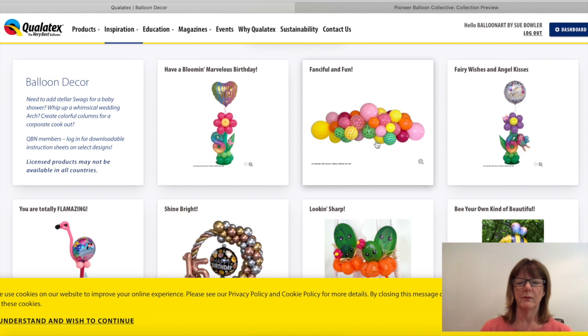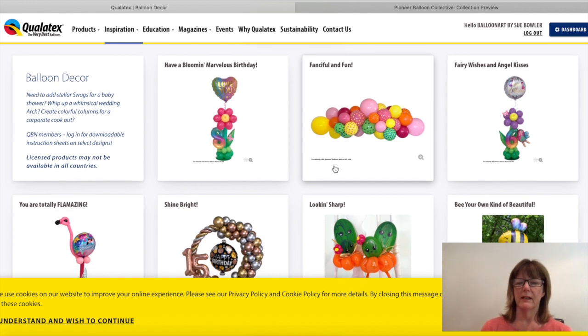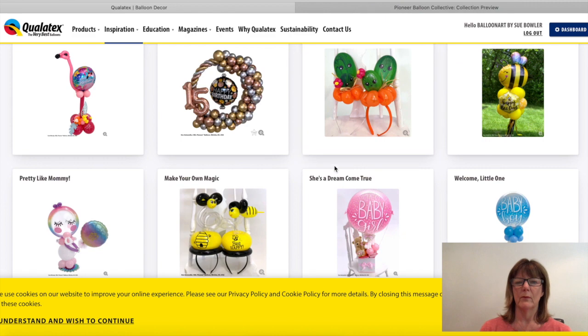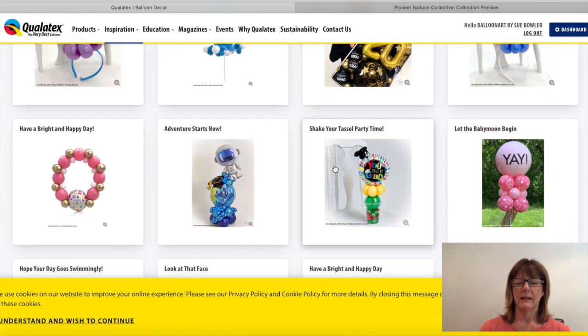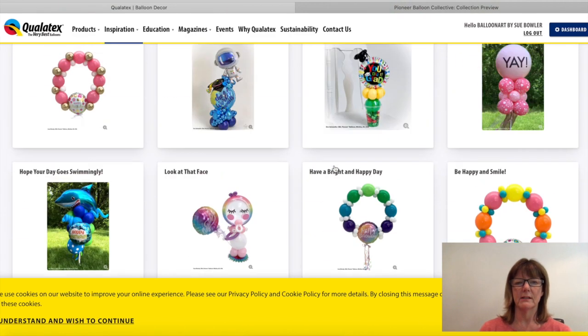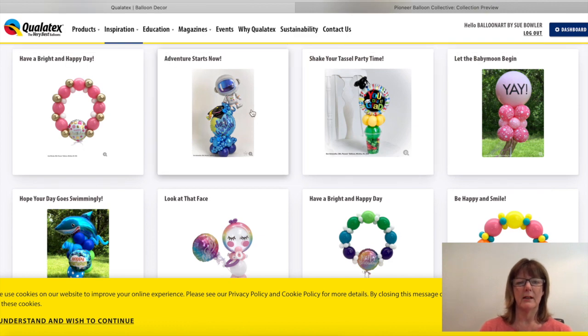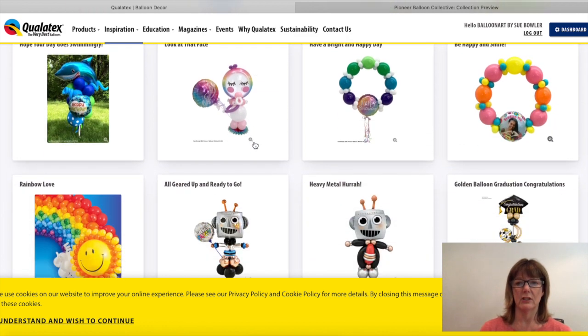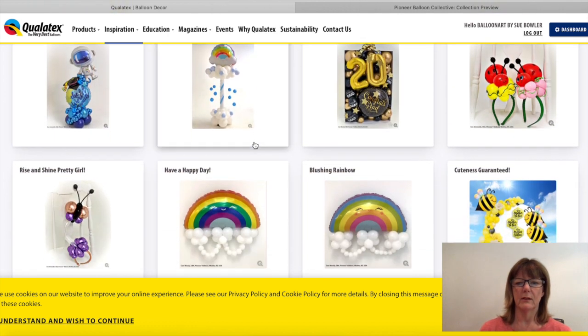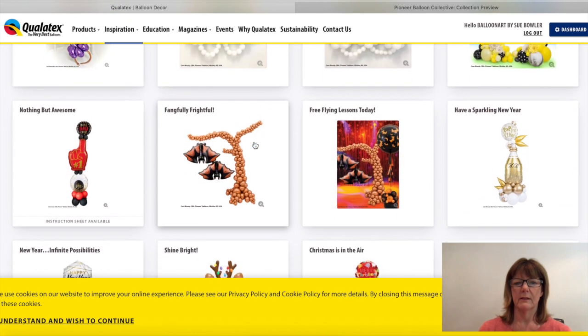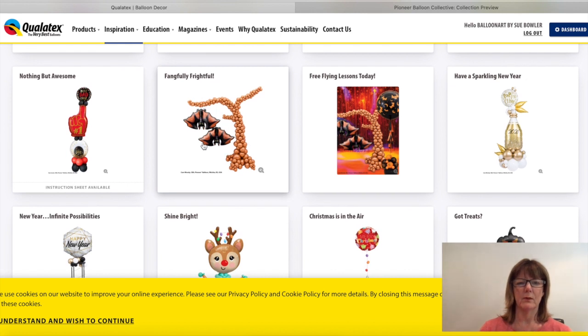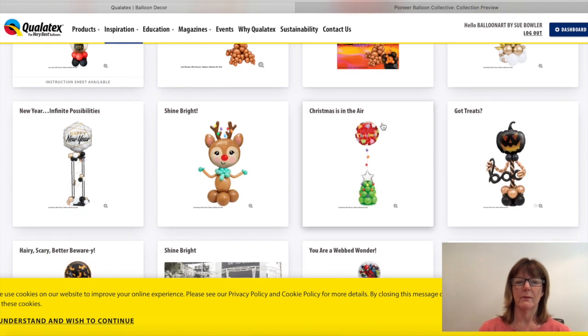But for example, if we wanted to use a design in one of our posts, we can just scroll down and we've got a fantastic selection. Some of these posts have backgrounds and some of them are PNG as well. So let's have a quick scroll down. For example, this one here will be a PNG, whereas this one will be a PNG, but it's already got a background there as well. This is one of my favorites for Christmas, this Shine Bright. This is a lovely design by Cam. So if I just click on there,